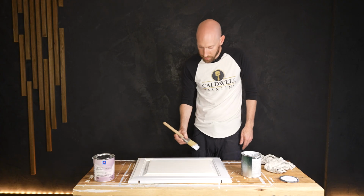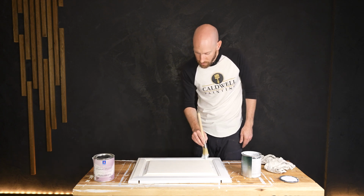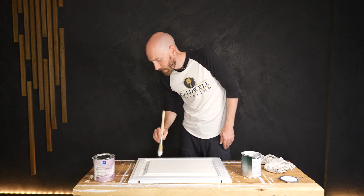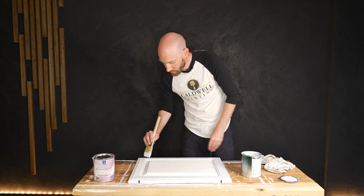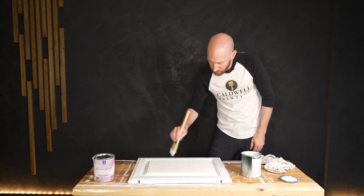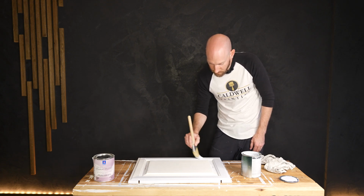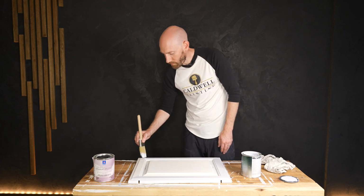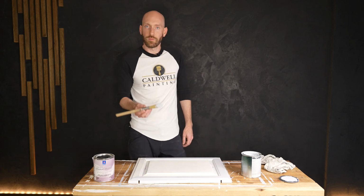You want to make sure you have plenty of paint on your brush. That way there's plenty of paint there to level out for you. If you dry brush it and overwork it, you're not going to leave enough paint on the surface to level out. Kind of that corner there. All right, I'm going to finish painting this out and let it dry, and we'll see what we got here